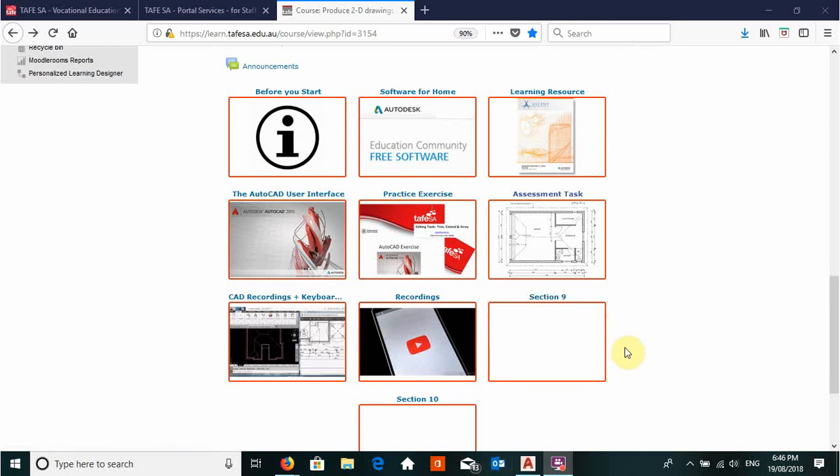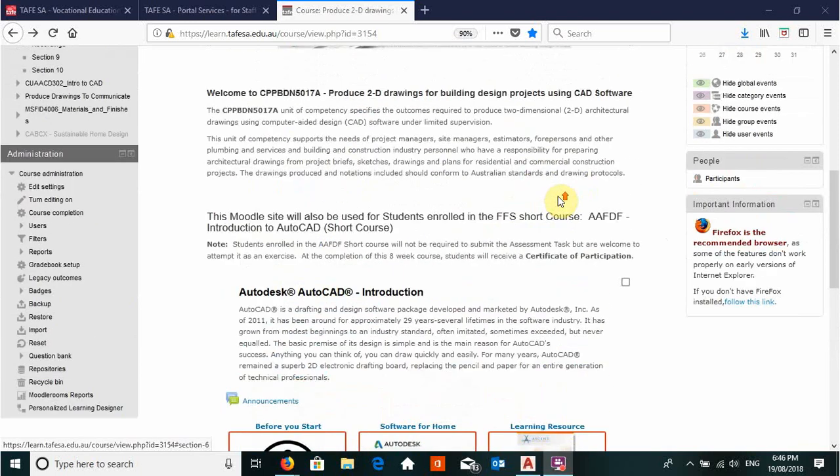Welcome to session 4 or week 4. We are going to be looking at the first part of your assessment task. So click on the tile or tab in your grid on your home page,